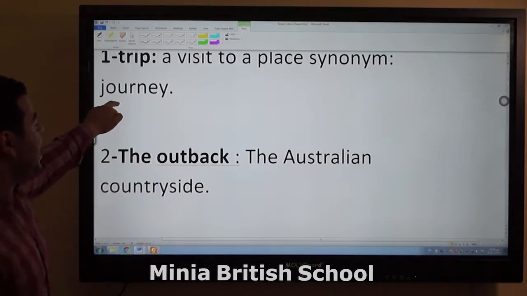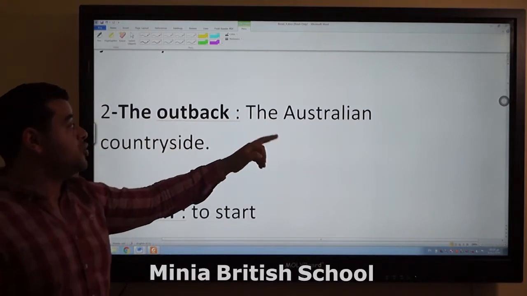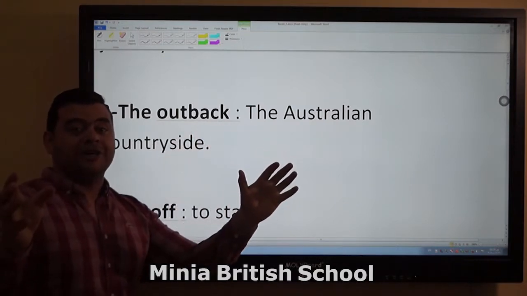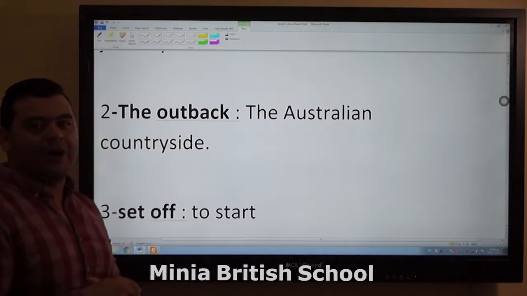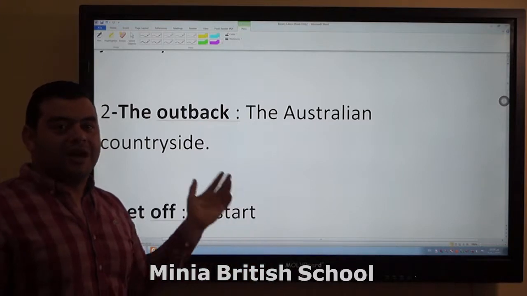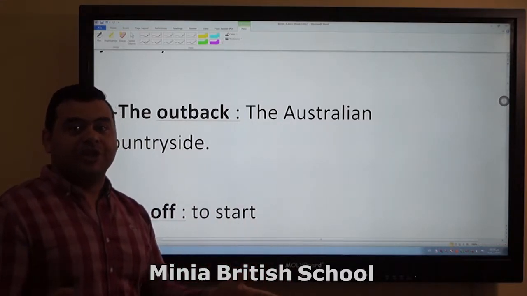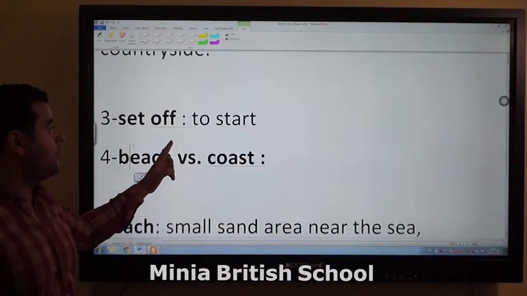The outback. The outback is the Australian countryside. Only, or especially, the Australian countryside is the outback. We can't say that Egypt has amazing outback. No. Outback is only the Australian countryside. Set off